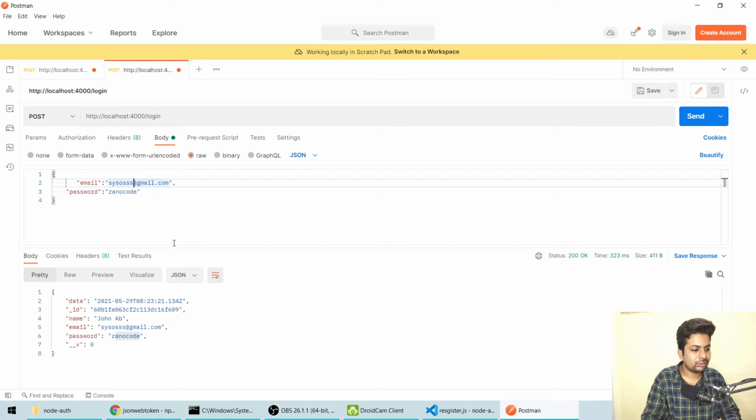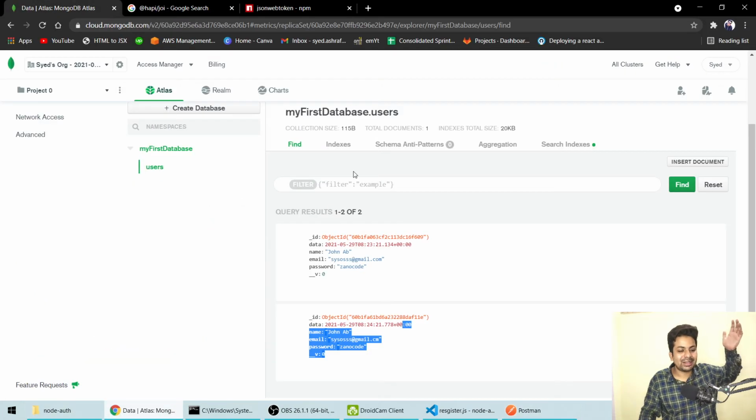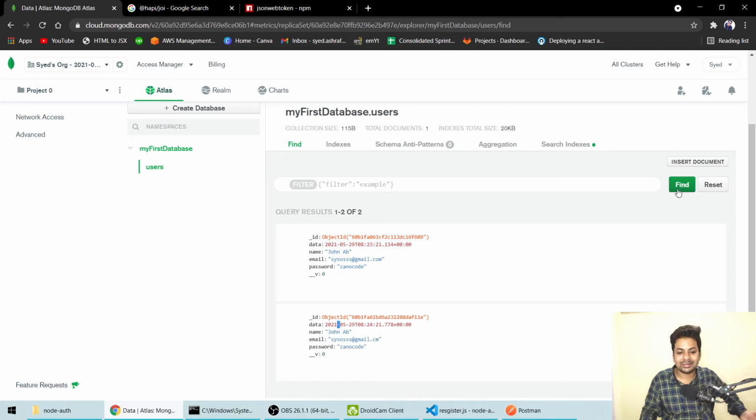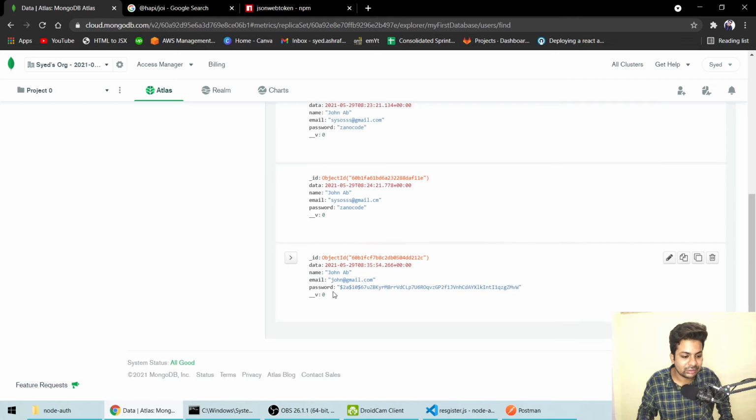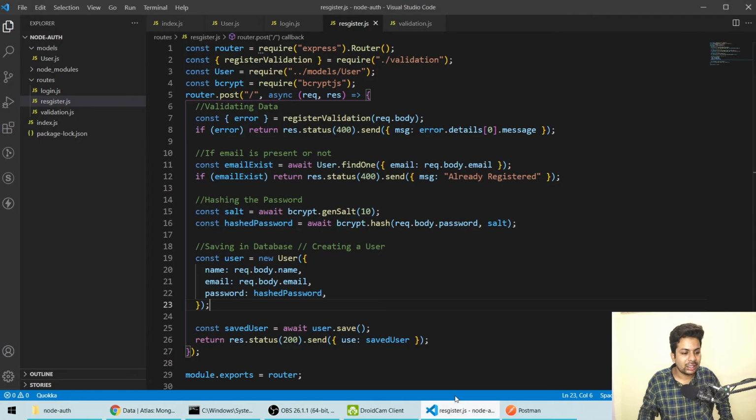We use that only. Okay, now we'll send it. So see, we get the password, like this was saved. Before, it was saving the original password. I'm so dumb. See, before it was saving without hashing, because I was not inserting the hash password. So see, now it's the hash password.